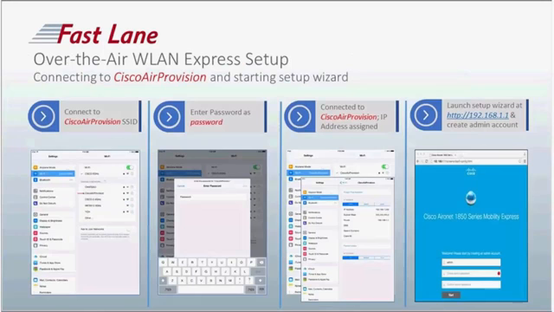And this is what it looks like. Basically, you're going to connect to the Cisco Air Provisioning SSID on the 2.4 gigahertz. The default password is password. The virtual wireless LAN controller will give you an IP address of 192.168.1.x. You will either open the app or the browser, and at that point, the first thing it will ask